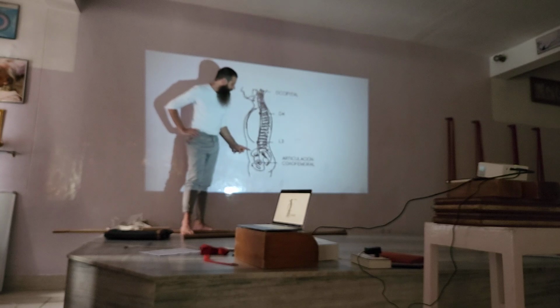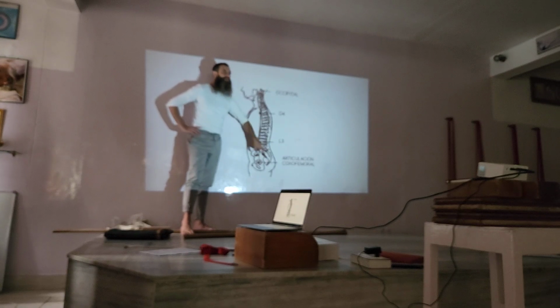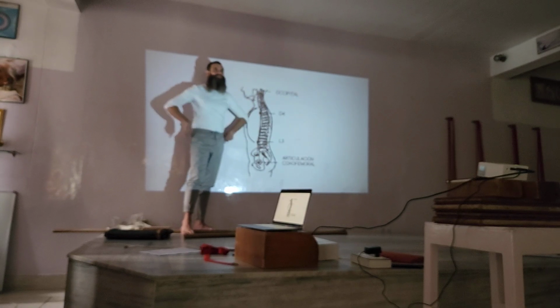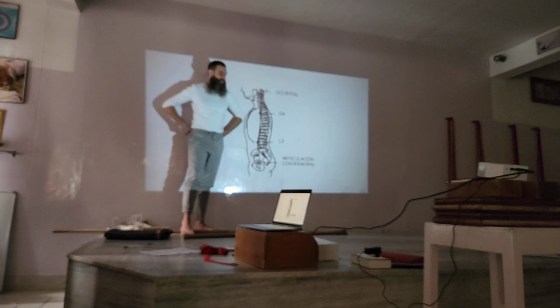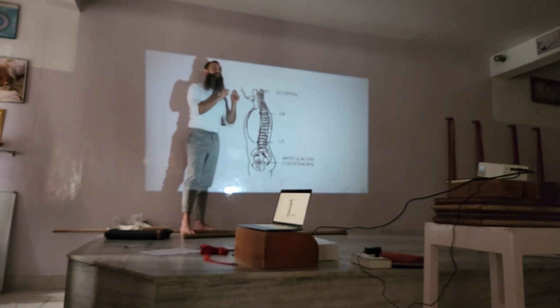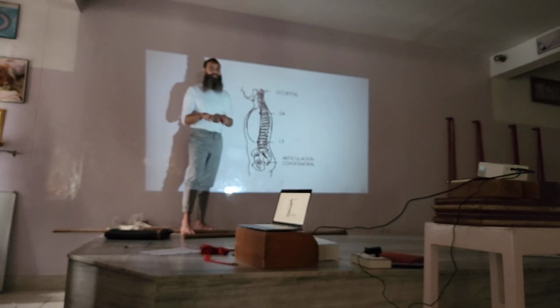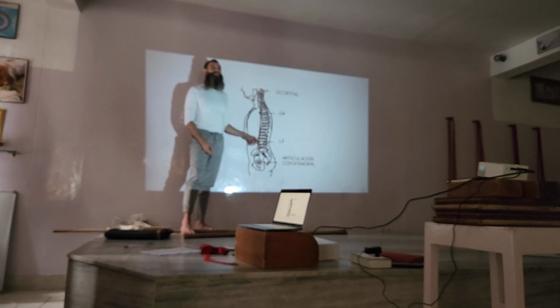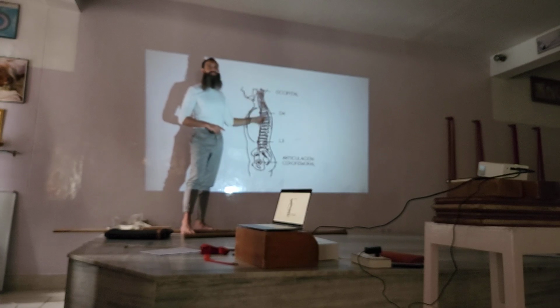Sometimes we say that because these two vertebrae, L4, L5, are deeply connected with the iliac bone through the ligaments, the sacroiliac ligaments. So in osteopathy, they say that L4, L5 are part of the pelvis region, okay? And the spine starts from L3, because it's the first vertebra that stays horizontal. So it's the first support for the rest of the spine.